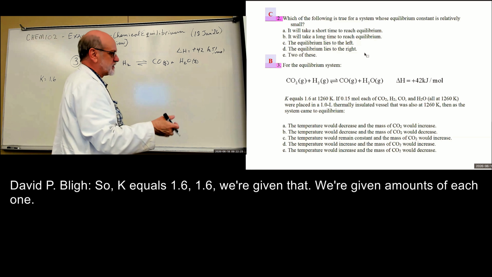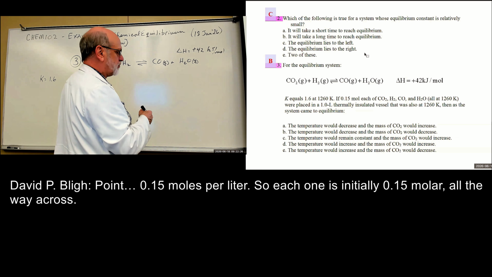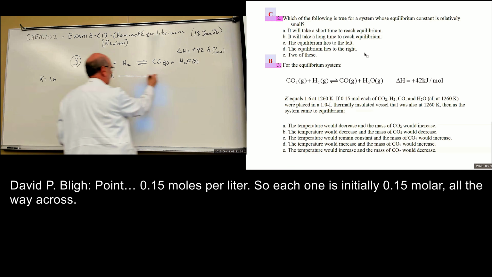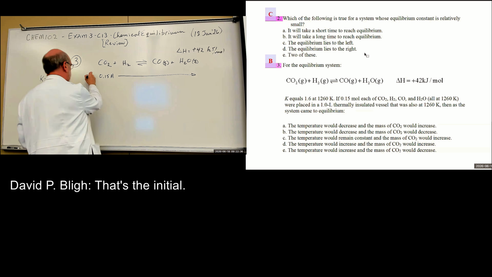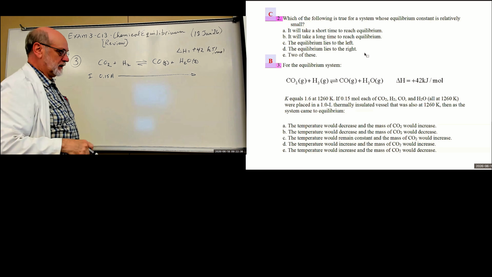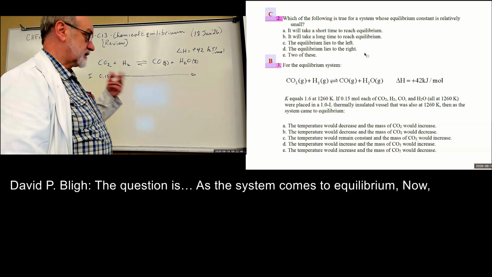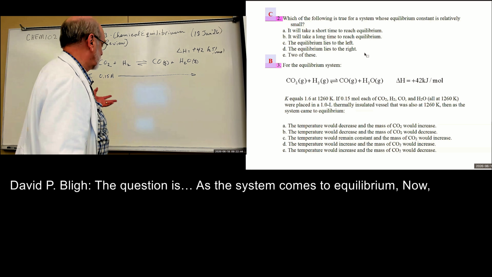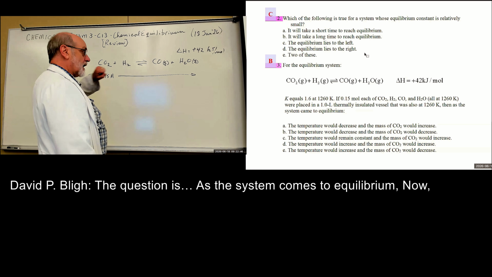We're given amounts of each one, 0.15 moles per liter. So each one is initially 0.15 molar all the way across. That's the initial. The question is, as the system comes to equilibrium,